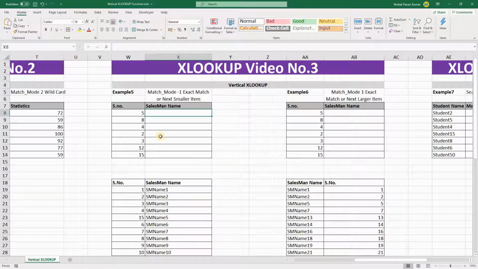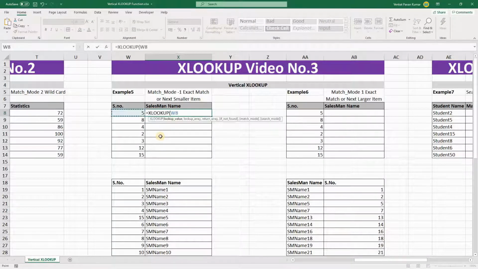Let us start writing the XLOOKUP. Lookup value is this, and lookup array will be the serial number in the source table. Hit F4, and return array will be the salesman name column in the source table. Hit F4, comma, if not found. This argument we are going to skip, so I'm going to add another comma here, and then match mode.